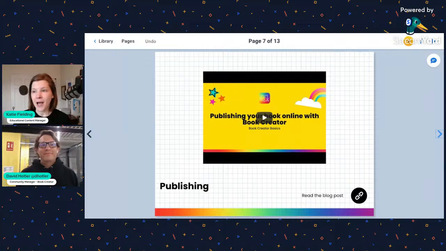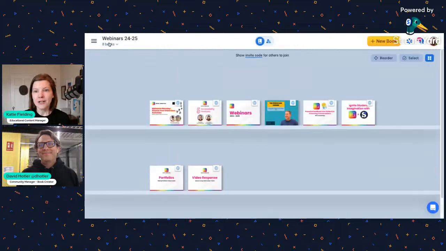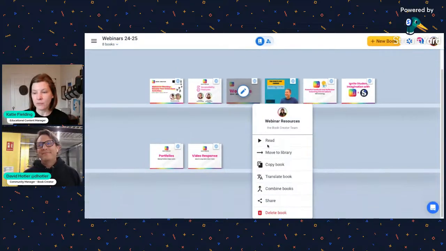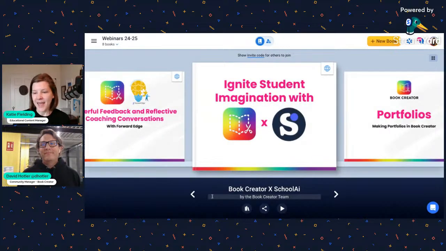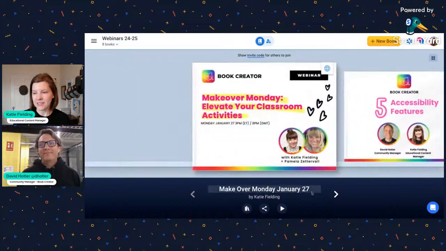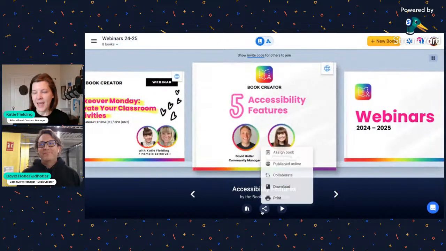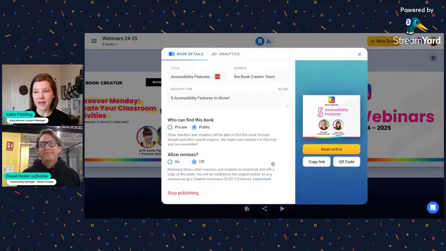So I'm going to actually hop out of this library to show you just where that publishing would happen. So you can click here and you're not going to see publishing. So you need to get into the book view. And I'm going to hop over to this book that I haven't published yet and click play, select publish online. And this is where students can publish their books. And this is where you can also, if you're a teacher, make the book remixable to share a copy with maybe a teacher friend across the country who's not in your school or district. And that's really fun and engaging.